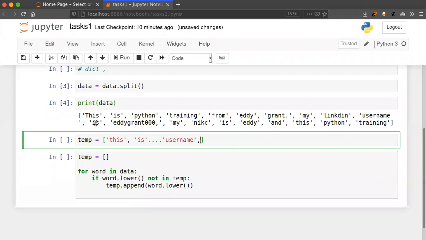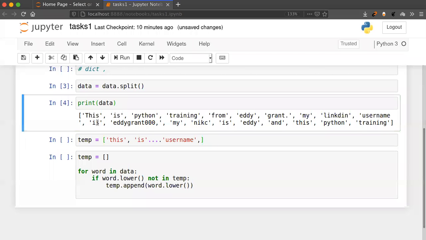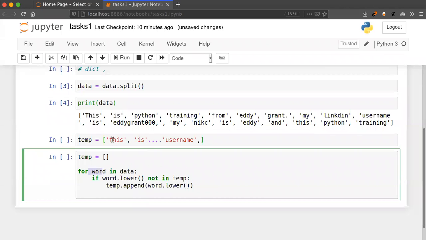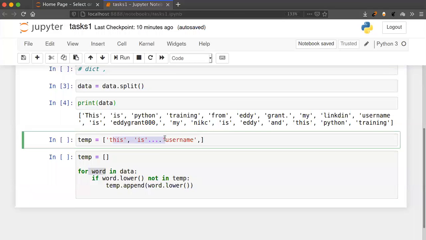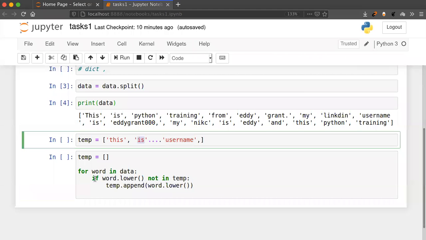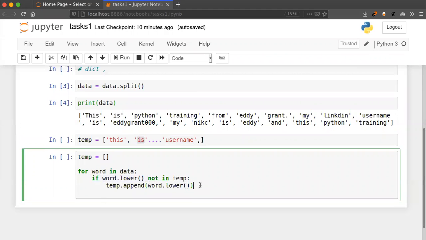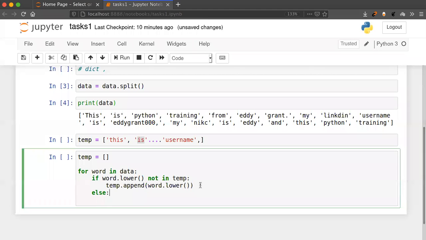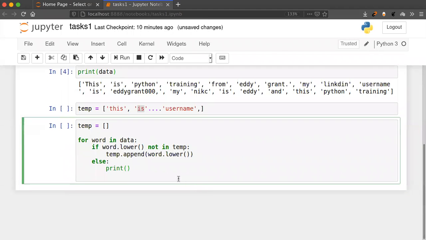And now again, when it will count for is, right? So when this particular word is initialized inside the word, you have appended all the values until the username. When you execute your loop for the is one more time, this particular condition will be false, because is already exists there, right? So when is already exists there, you can simply print this value. Else, you can simply print how many times is comes inside the data, so you can simply print the value. So this is a word, and now you can simply count